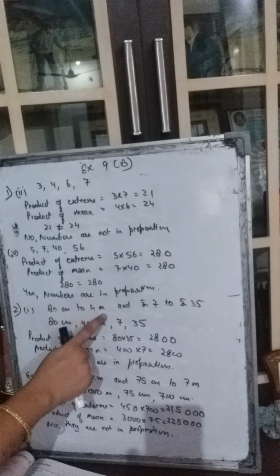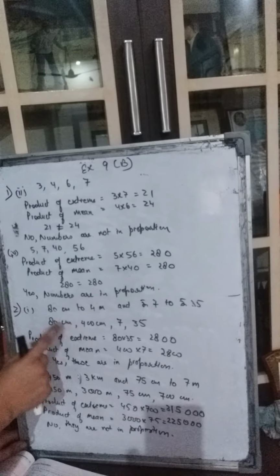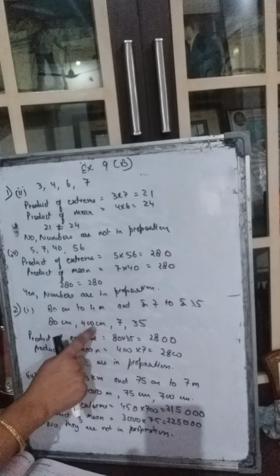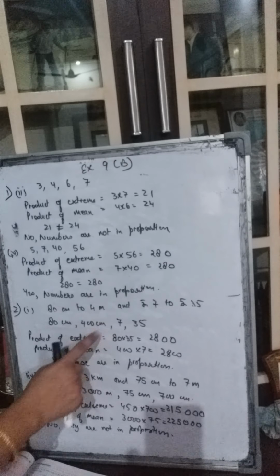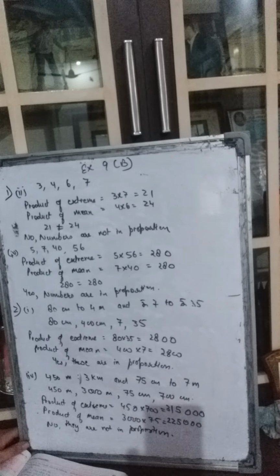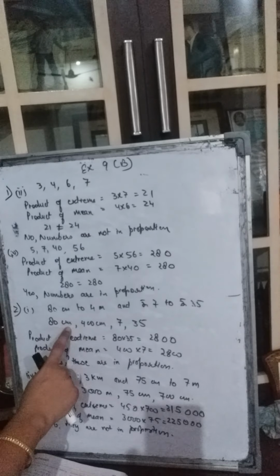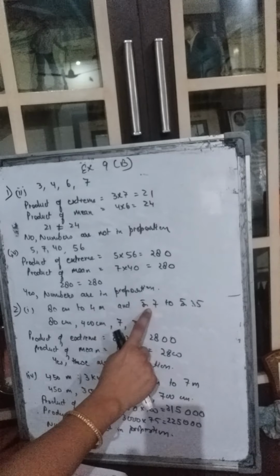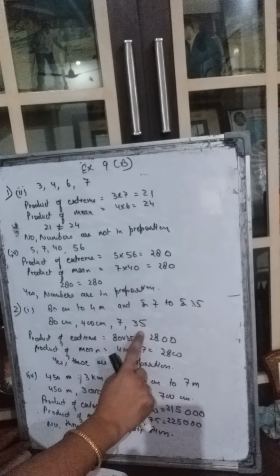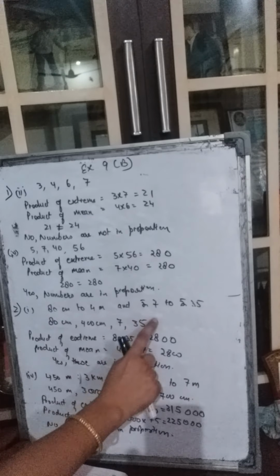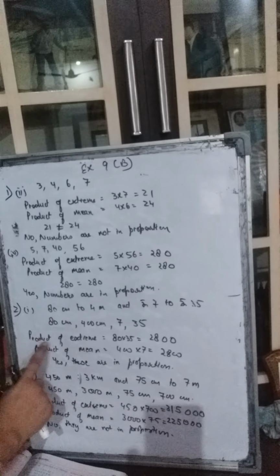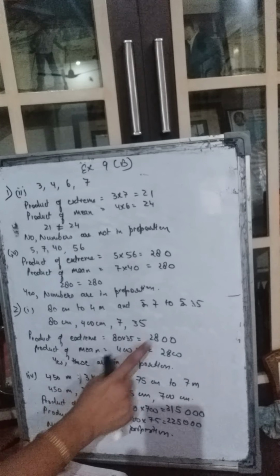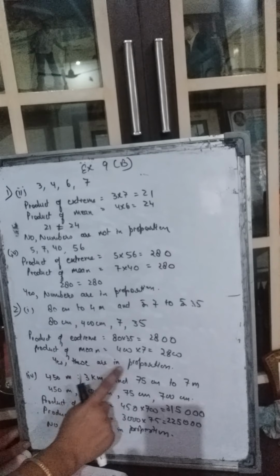So let's first convert these two into the same unit. This is 80 centimeter and this next is 4 meter. 4 meter let's change into 400 centimeter. There are two ways of doing this question. You will write 80 centimeter and 400 centimeter the way it is given to you, and then 7 and then 35. So these will be the four numbers that will be formed, and you can find out the product of extremes and the product of means. You can check it. If they are coming equal, you will say yes, these are in proportion.